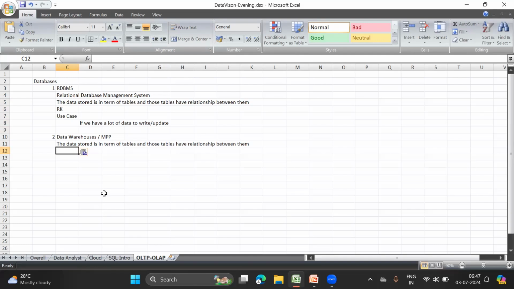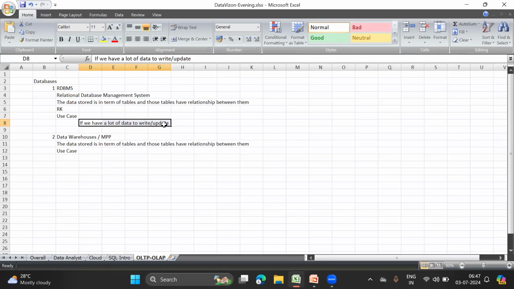Now, on top of that, we also want to specifically focus on a use case for which these data warehouses are defined. You have stored a lot of data in your database, for example, in your RDBMS. This RDBMS is going to have a lot of data being stored in the system. Now this system you will dedicatedly use to save your data, your old data.